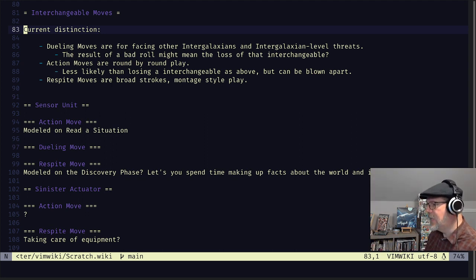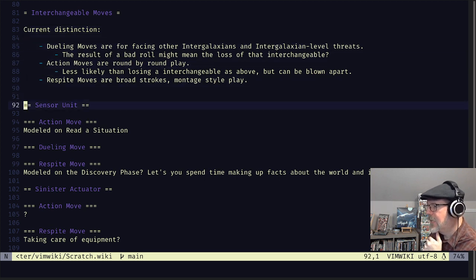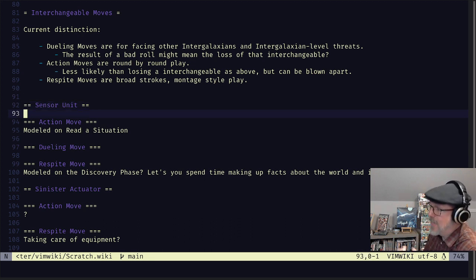I think the respite moves might have been the one that really hit for me. Yeah, because we were also working out trying to do head, arms, torso, lower body. I guess that's what I'm falling into calling them, but we're going to come up with some better words for them. And right now, sensor unit, which is the head, right? That gives you an idea of what your head is going to be doing for you.